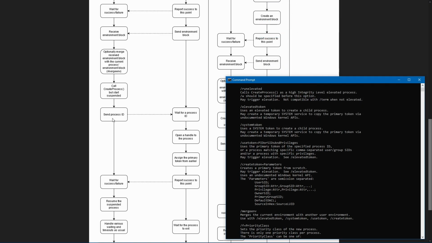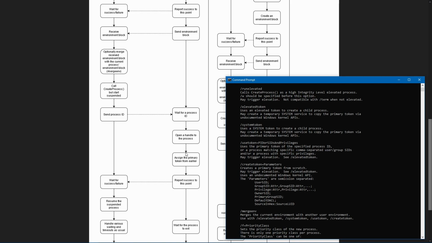Upon success, the process ID is passed back to the system service. Note that while the newly created child process exists, it won't show up in Task Manager at this point since it was started suspended. The system service then opens a handle to the newly created process.